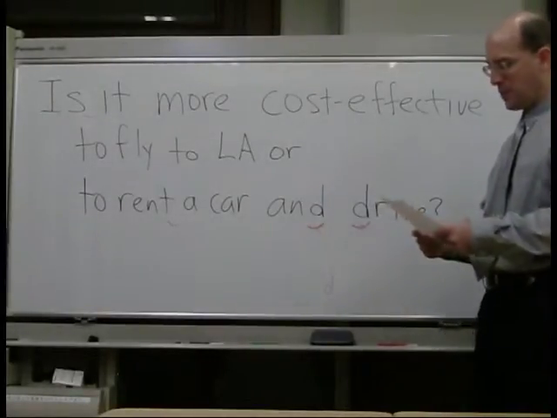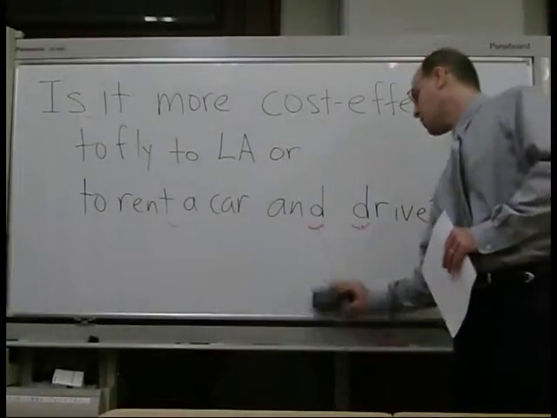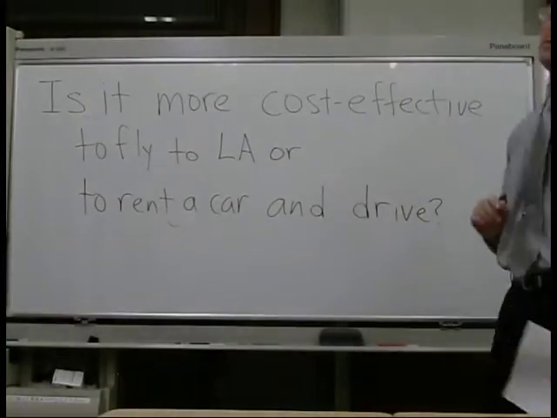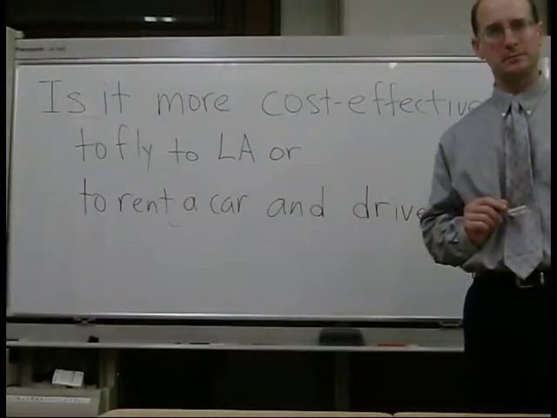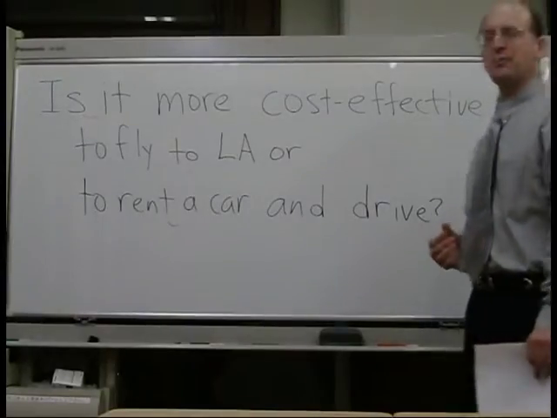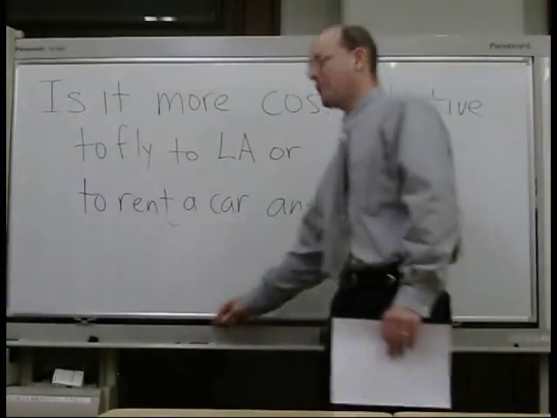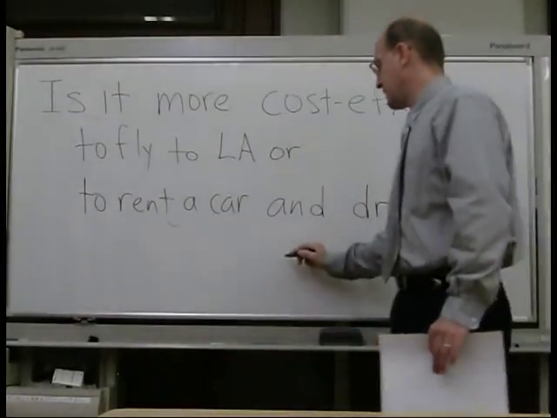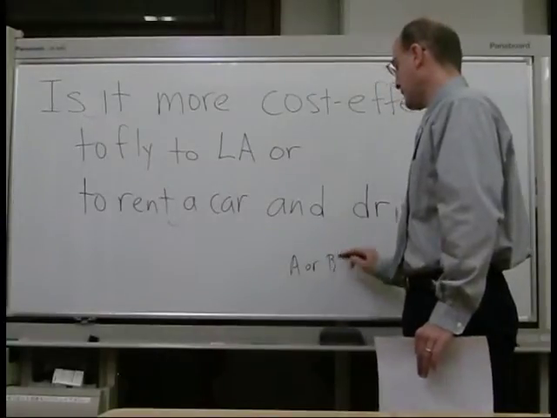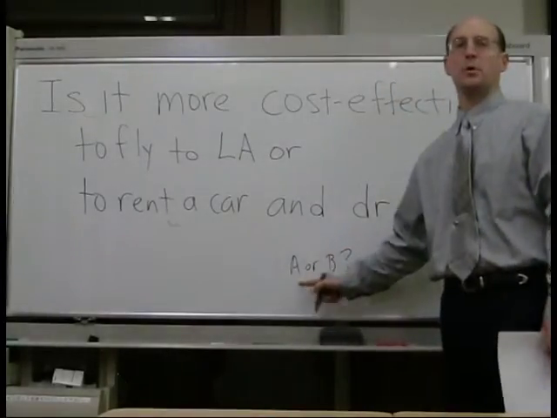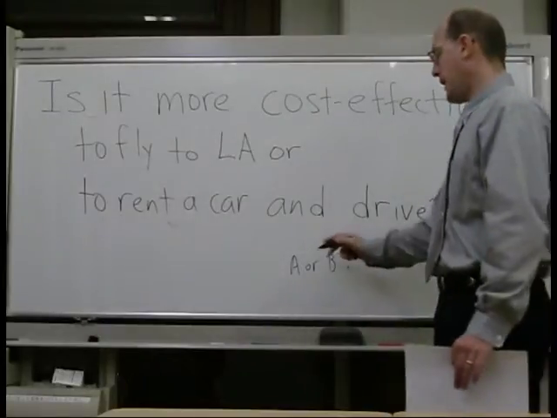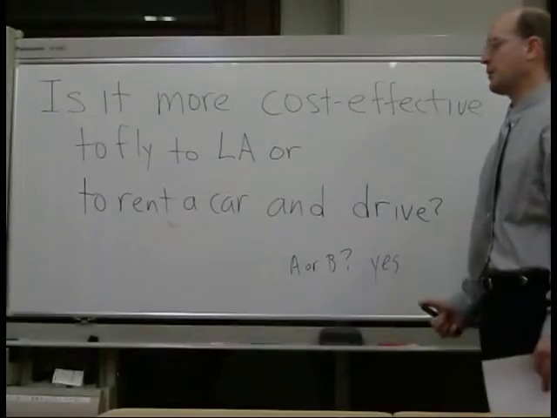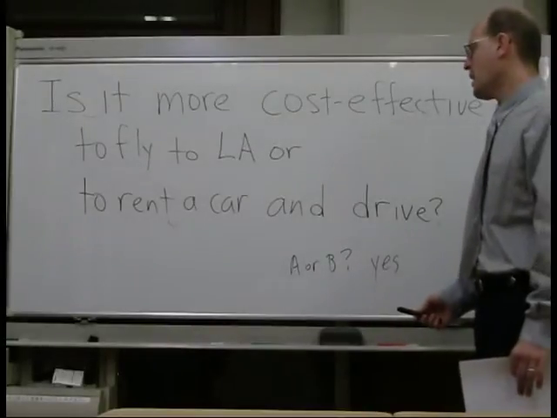Okay, the last point that we need to talk about is a common problem here in Japan. We have an A or B question. Is it A or B? Yes. This is a very common response in Japan. It makes sense to Japanese people. It often does not make sense to non-Japanese people. If the question is is it A or B, we expect A or B in the answer. Is it A or B? Yes. That feels very unnatural and confusing to most non-Japanese.